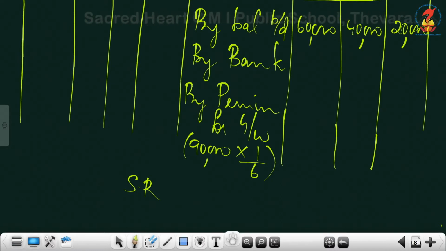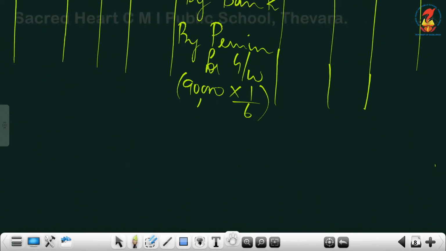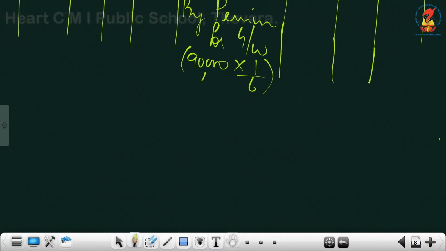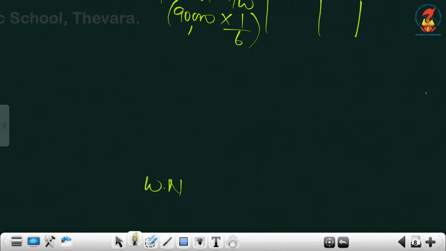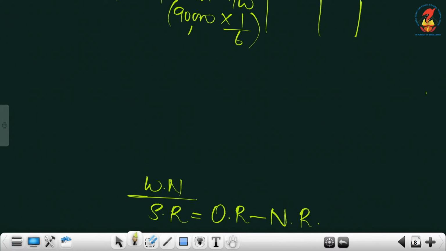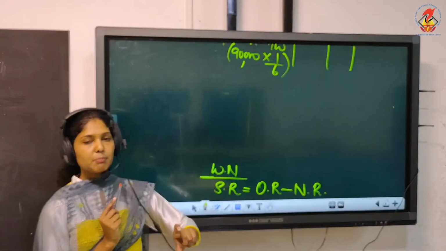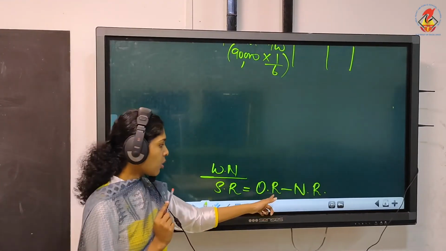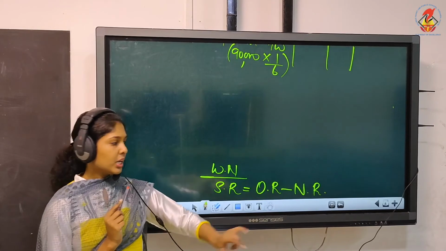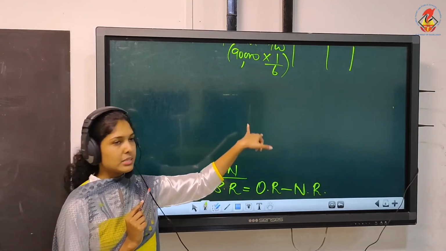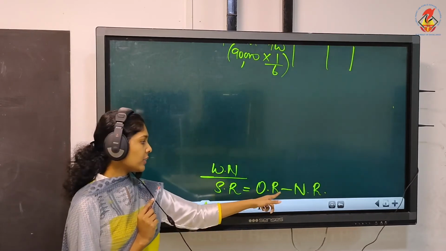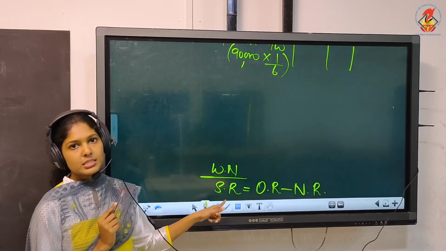You leave some space here for continuing the partner's capital and do the working note. That is calculation of sacrificing ratio. What is the formula for that? Old ratio minus new ratio. If you have these two, you must apply the formula. When can you take old and sacrificing as same? If you have only old ratio and the share of incoming partner, like 1/6. Only these two pieces of information, then old ratio can be same as sacrificing.